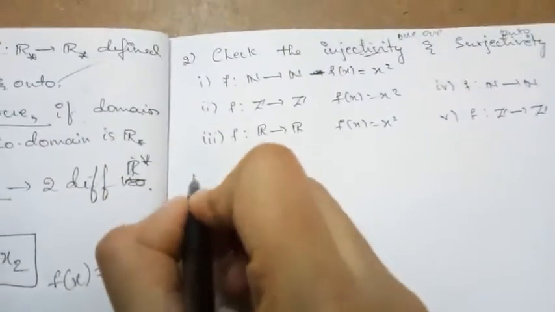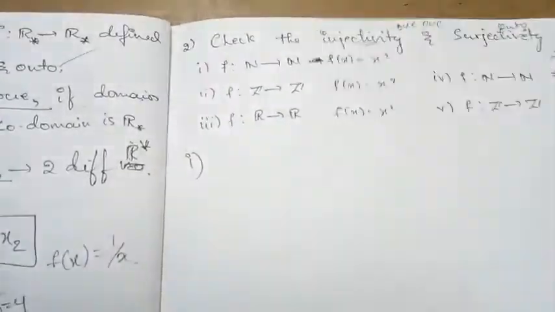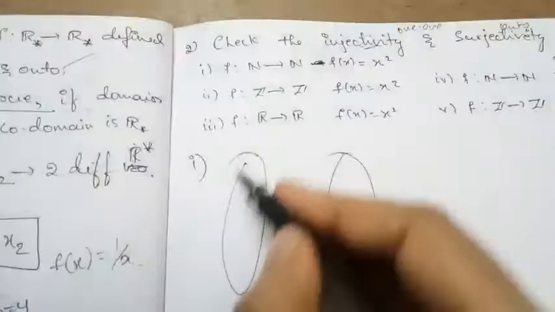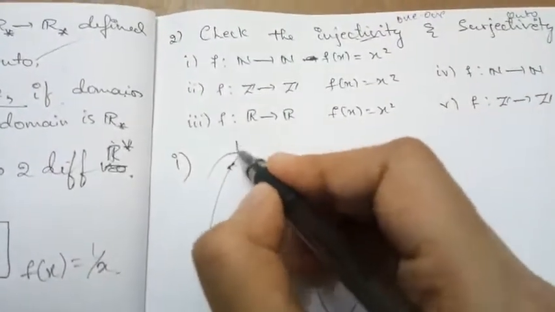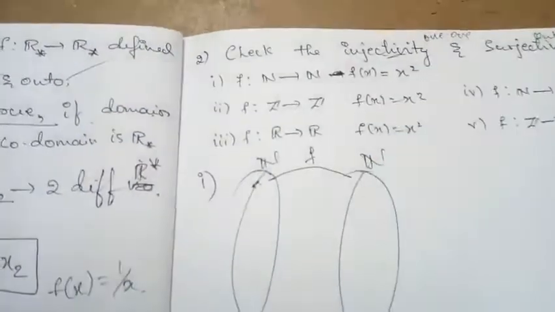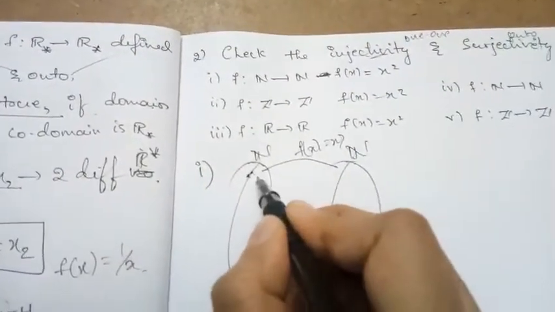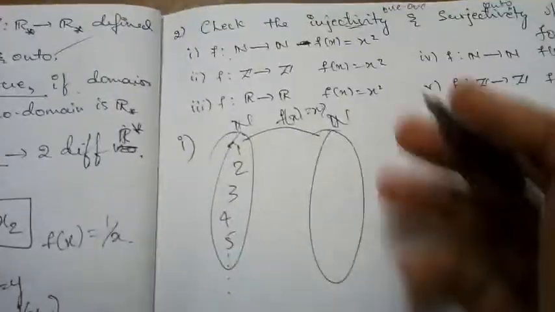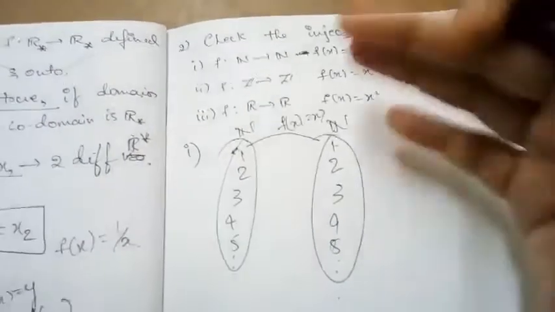So the first question is saying a function is defined from the set of natural numbers to the set of natural numbers. So whatever the thing, just draw the domain and codomain mapping. If you understand in this manner, it is very easy to understand the whole thing. So it is also the set of natural numbers to the set of natural numbers. How is the function defined? f of x is equal to x square. Natural numbers means what, all the numbers? The idea which I have said, with the help of explaining the numbers, is for this purpose only, to help you do this mapping.